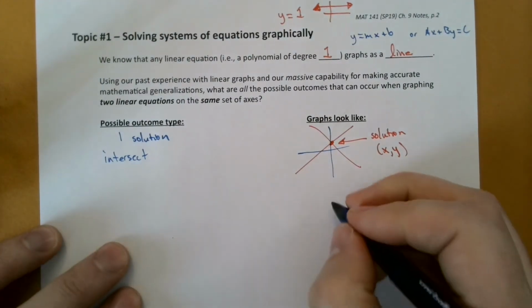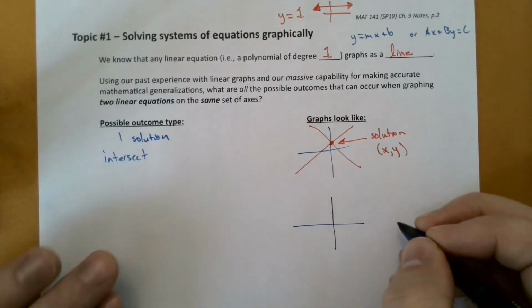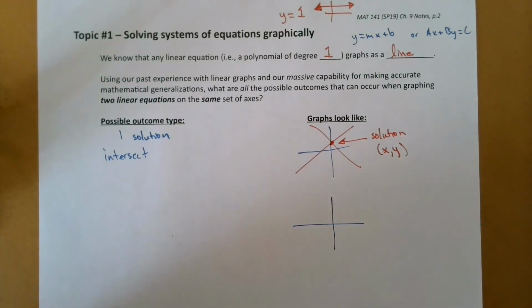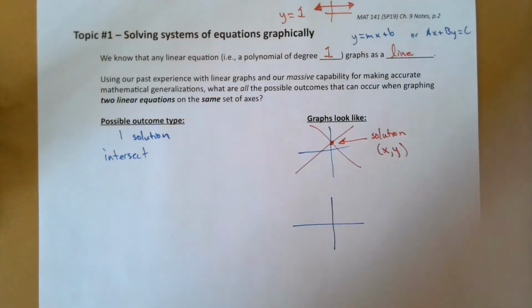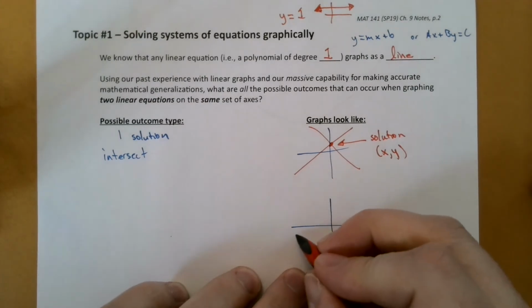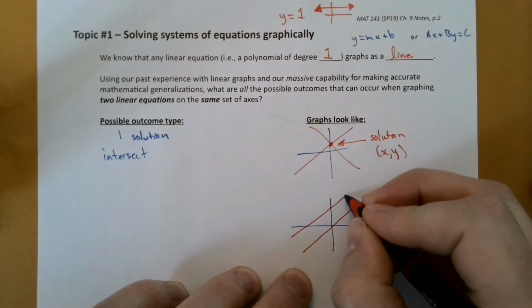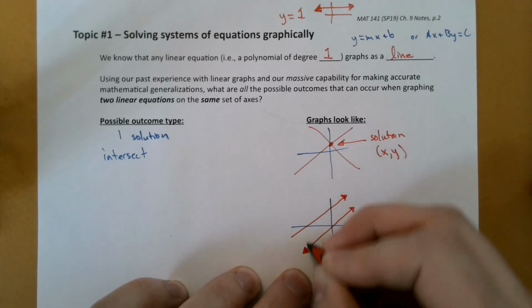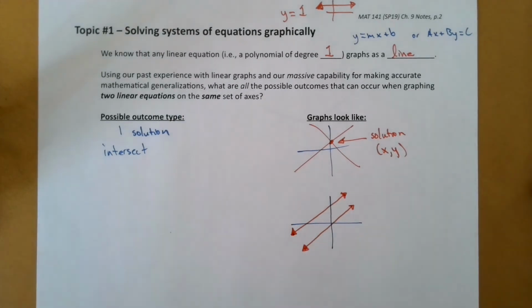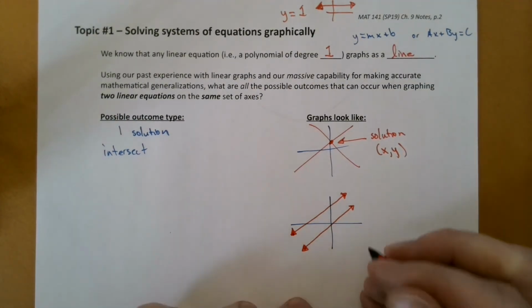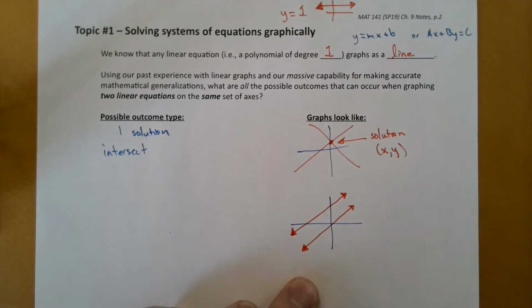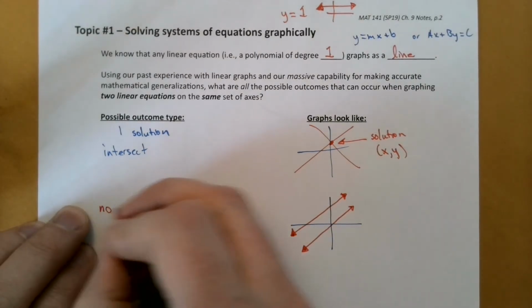Okay, let's look at another one. You've heard about parallel lines in a previous life, potentially. And that told you that parallel lines never intersect. Now, maybe ask those of you that are in Alison Price's class, ask her which one it is. Is it spherical or cylindrical? No, spherical or hyperbolic geometry where parallel lines intersect. Also, they intersect at the point of infinity. In this case, there is no intersection,